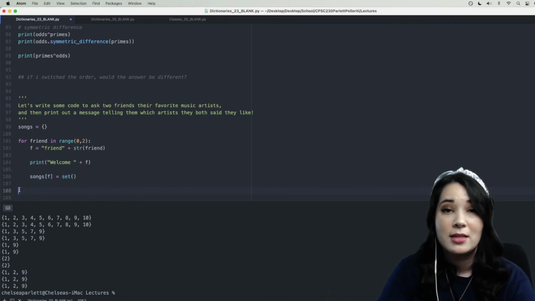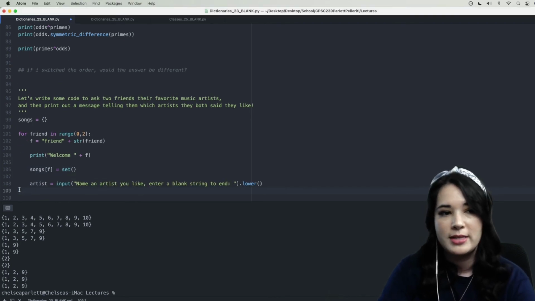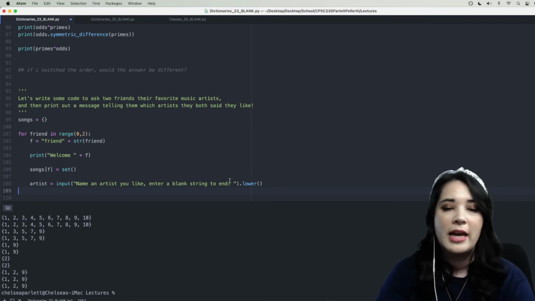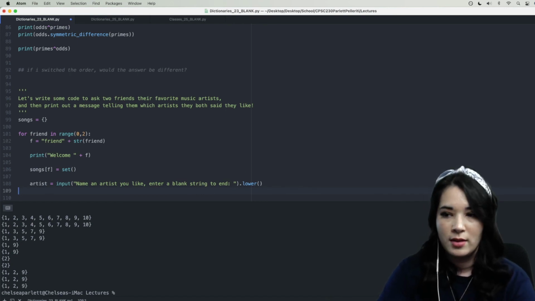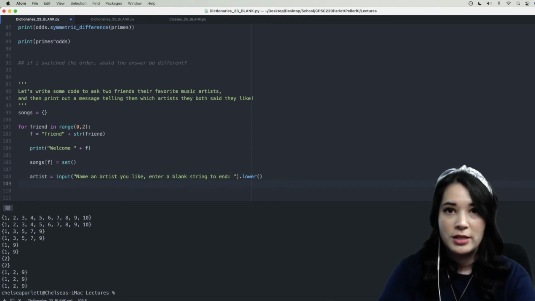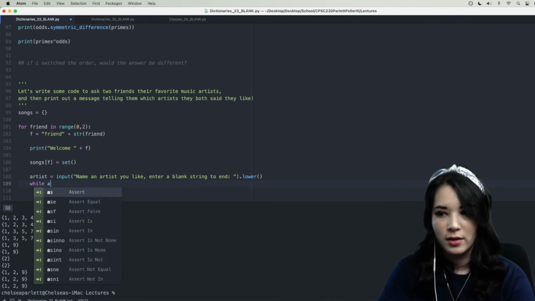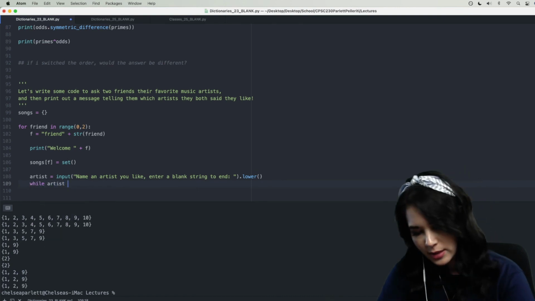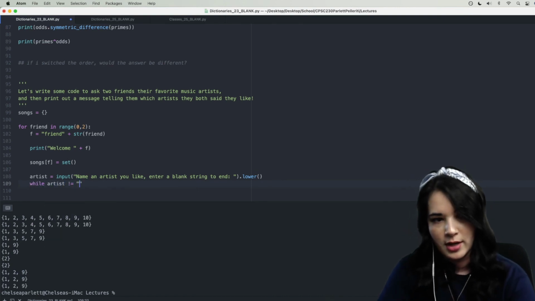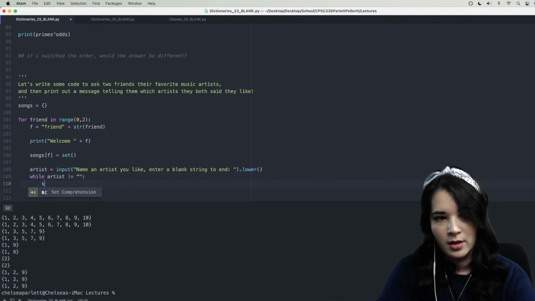Then I would like to ask them what their favorite artist is. So I'm going to say name an artist you like, enter a blank to end. Then I'm going to say dot lower because of course you never know how weirdly people are going to capitalize things. And then I'm going to use a while loop to keep asking them for artists until they decide to stop. I'm going to say while artist is not equal to an empty string,